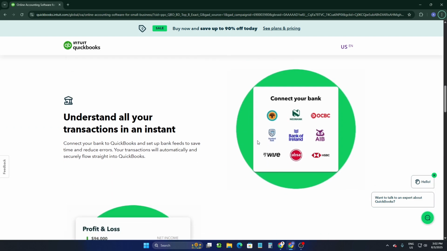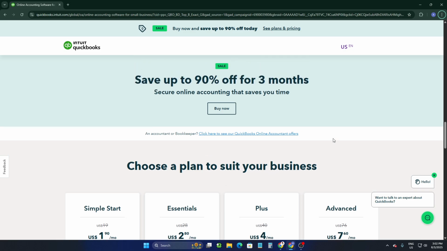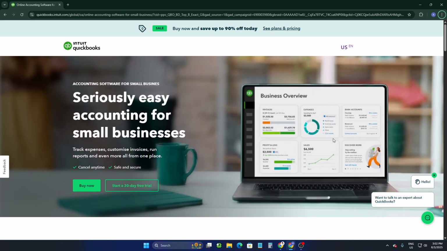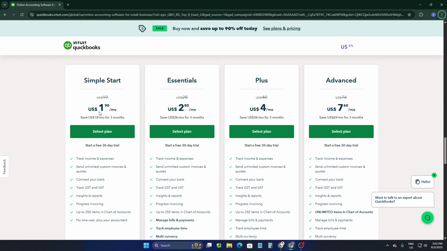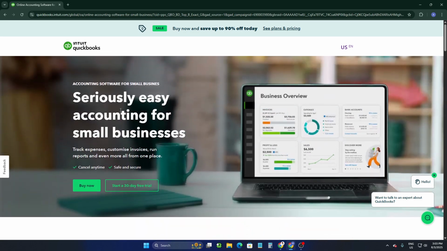Also, QuickBooks offers some enterprise-level or advanced-level plans that are proficient for handling a large-sized business. So first, if you want to set it up, what you have to do is buy one of these plans from here. There is Simple Start, Essentials, Plus, and also Advanced. For setup, they require you to purchase a plan, or you can try QuickBooks for a 30-day free